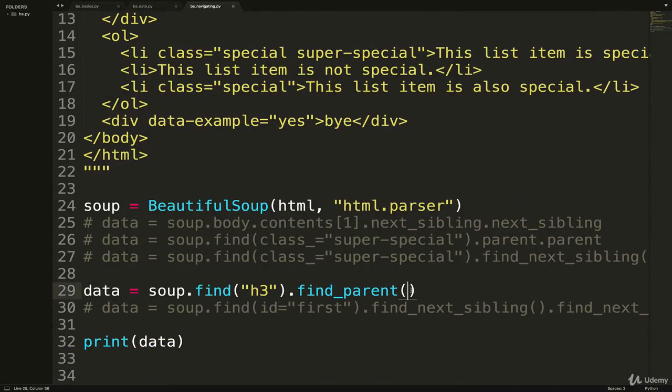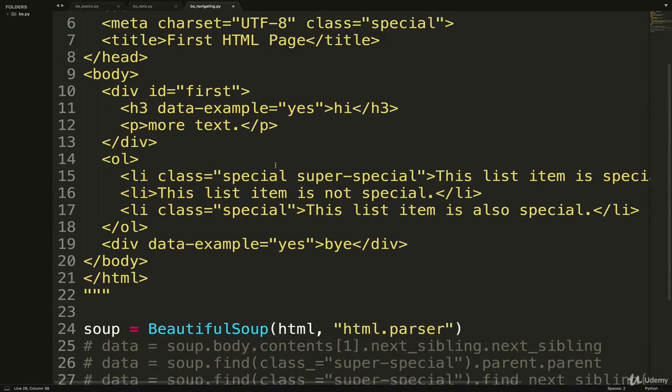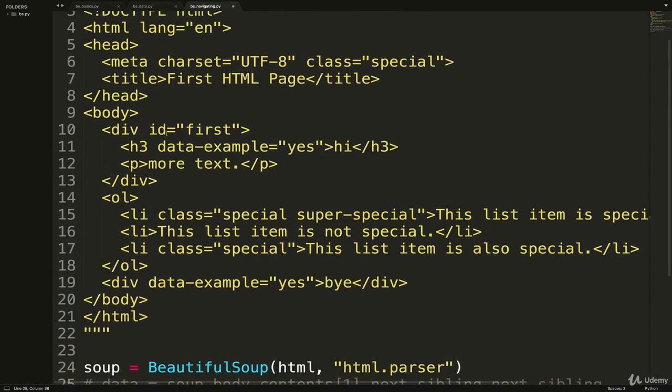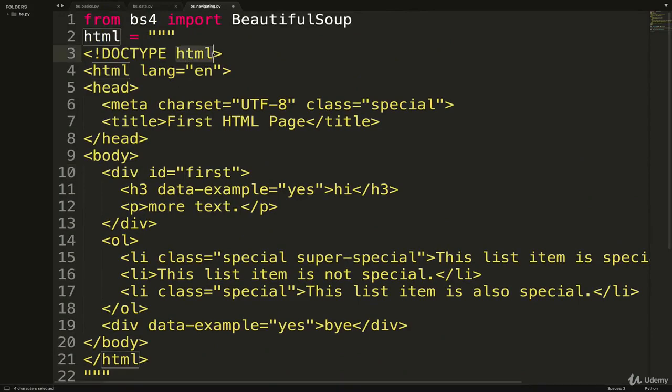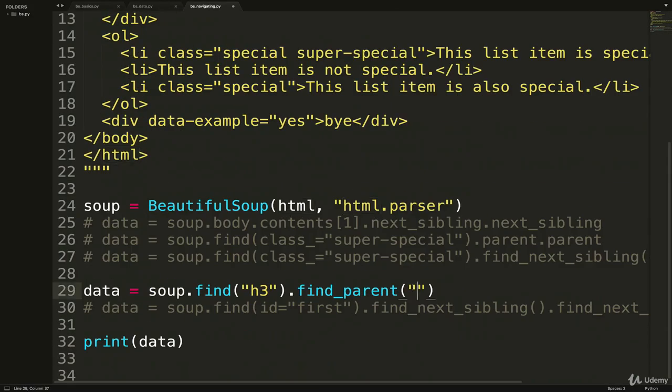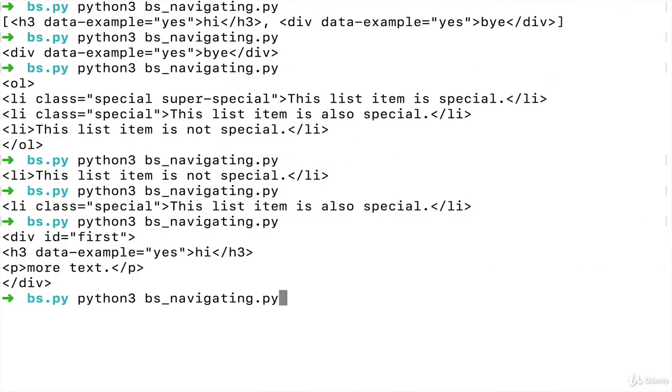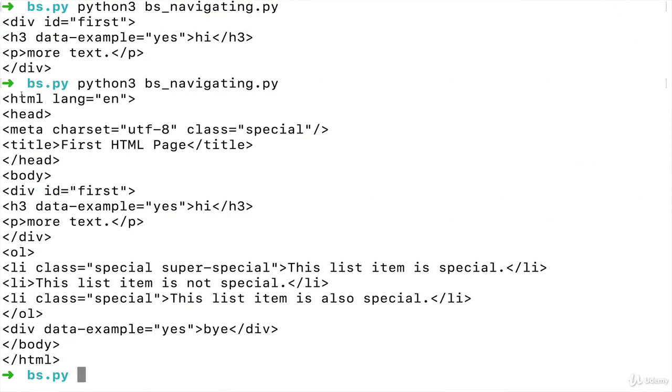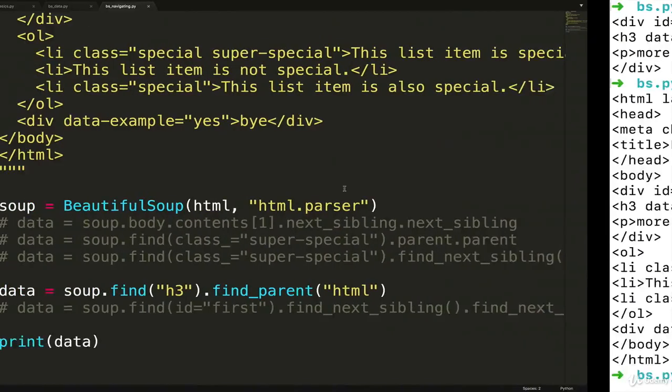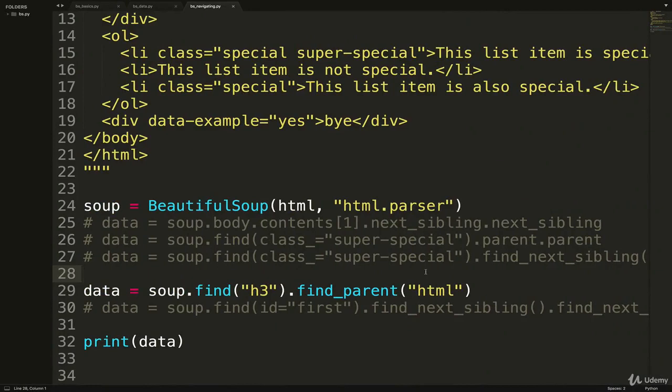And we could also pass something in here optionally if we wanted to. This would be really silly to do, but right now the next parent is this. But if I pass in a tag like body or HTML, it will find the next parent that is HTML, which is silly because there's only one HTML element on a page, so you could just do soup.find HTML. Anyway, I just wanted to show how it behaves. This is going to skip all parents until it finds an instance of HTML. So that's why they're called searches or searching methods.